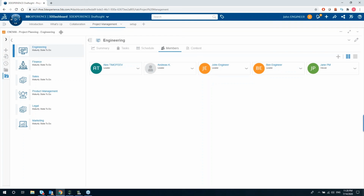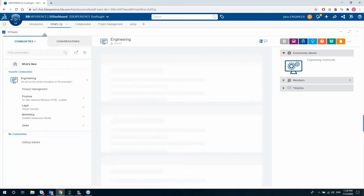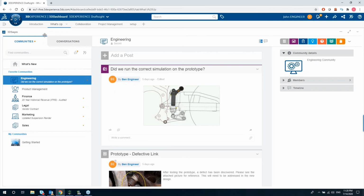And moving on to the collaboration aspect, we have an app on the platform called 3D Swim. And 3D Swim allows you to collaborate throughout the organization or at a project or department level. So we can create communities where we invite other members and we share data, whether it's tracking meeting minutes, whether it's tracking standards. For example, we can jump into our wiki